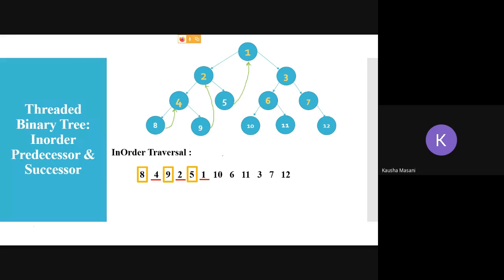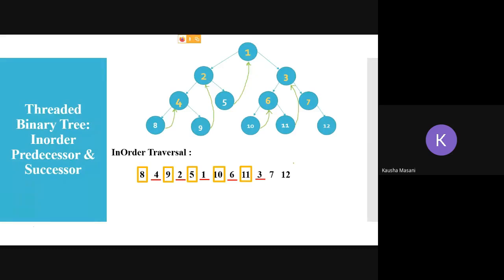Now 10. 10 has in order successor as 6, so 10's right pointer is going to create a thread at 6. Then we have 11. 11 will point to 3, right side in order successor.